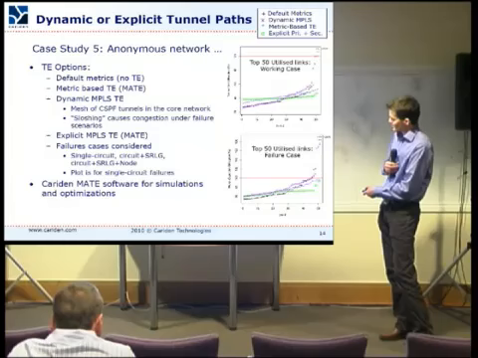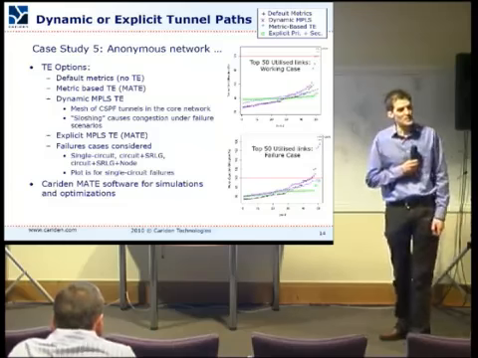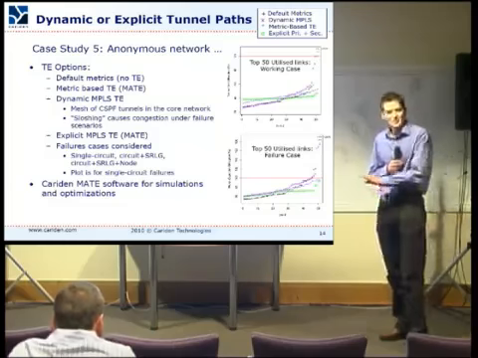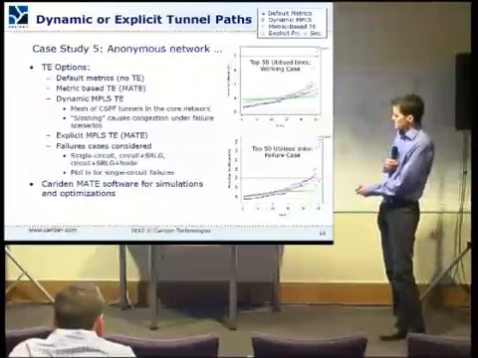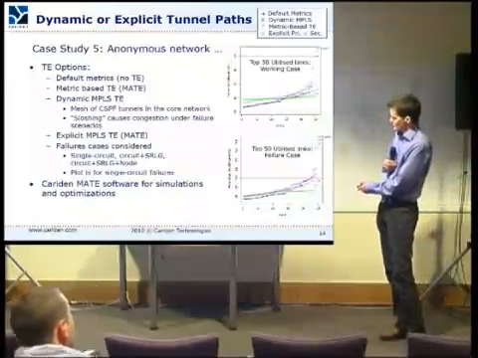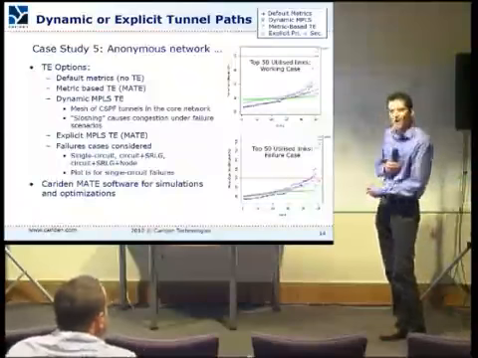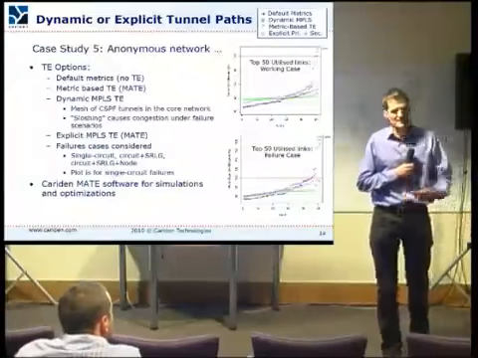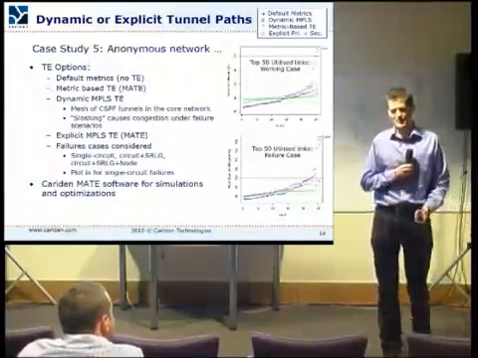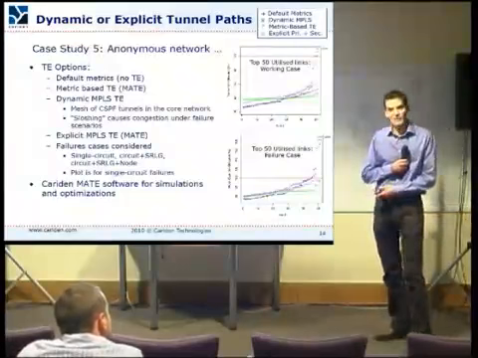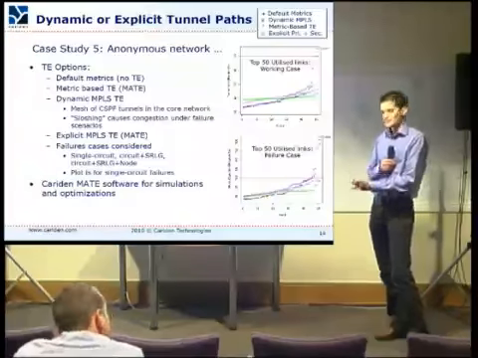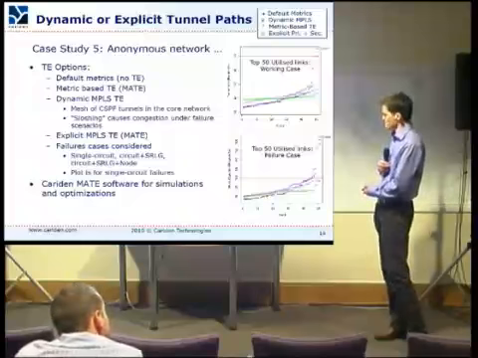Well, if you see the green line here, it goes more horizontal over a greater number of links, and then you've got a bit of a climb at the end, which is basically showing that they've managed to reduce the utilization of more links across the network, and you've got a few that are more highly utilized. Whereas metric-based TE, you've got this difference here, which shows that these links are higher utilized. So you've got a less optimal distribution of traffic. Does it matter? Well, probably not, because really what you're interested in is the worst case, and how highly loaded those most heavily utilized links are, which is that point there.